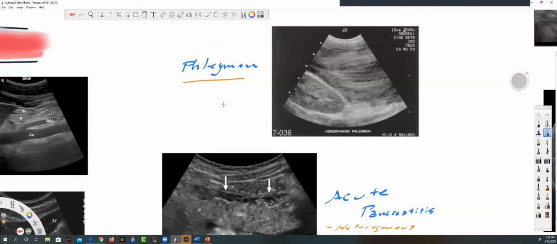Phlegmon. I always add a syllable in there. This is one of the best pictures, and it's always the one I find on the internet when I'm looking. And it is inflammation that travels through the tissue, usually along tissue planes, like, well, in this case, it could be along the omentum. And it causes just overall very severe,